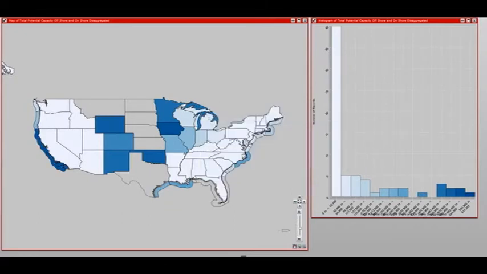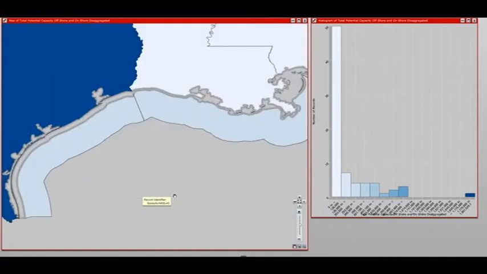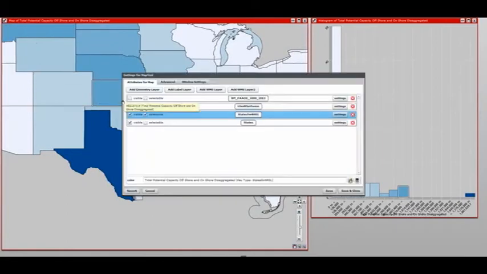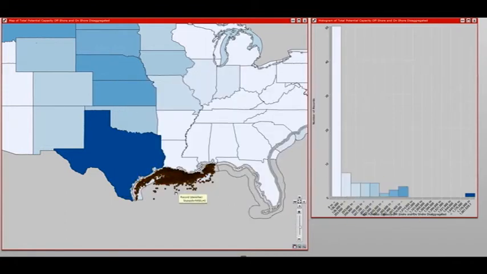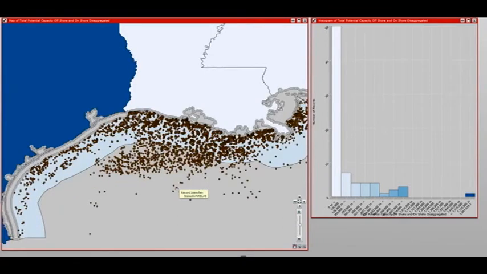By zooming into the Gulf of Mexico region and adding a new point layer, this one from the Bureau of Ocean Energy Management, Regulation, and Enforcement, we can look at the location of some of the United States offshore oil rigs, of which there are over 4,000. Here I have them colored a brownish color. Many of these oil rigs can be found at a distance well over 50 miles off the coast of Texas